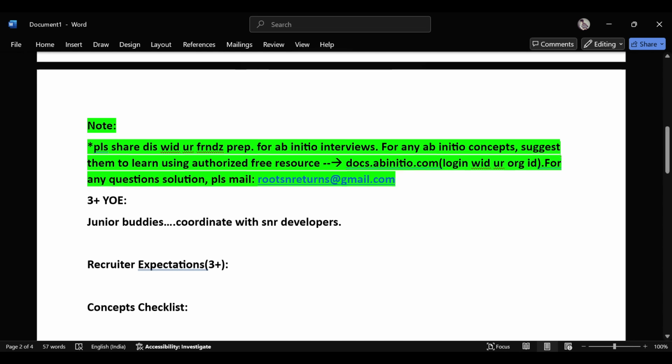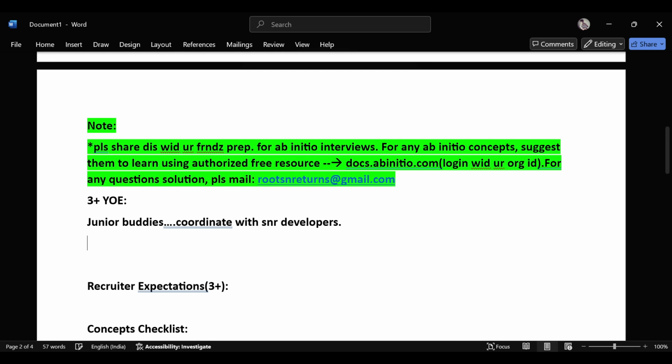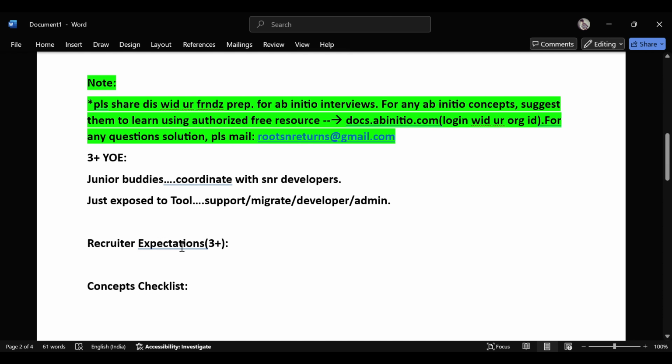They are just exposed to the tool, and some people worked in support, migration or maintenance, or had a developer opportunity, or even admin. So they are exposed to the tool and working on the tool. This is the status of 3 plus.